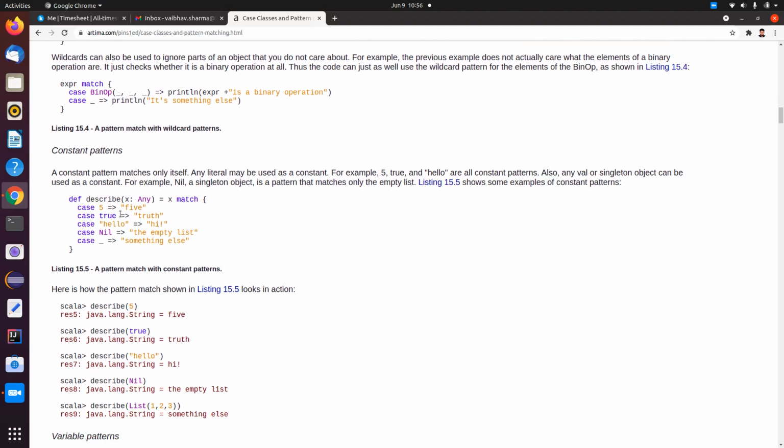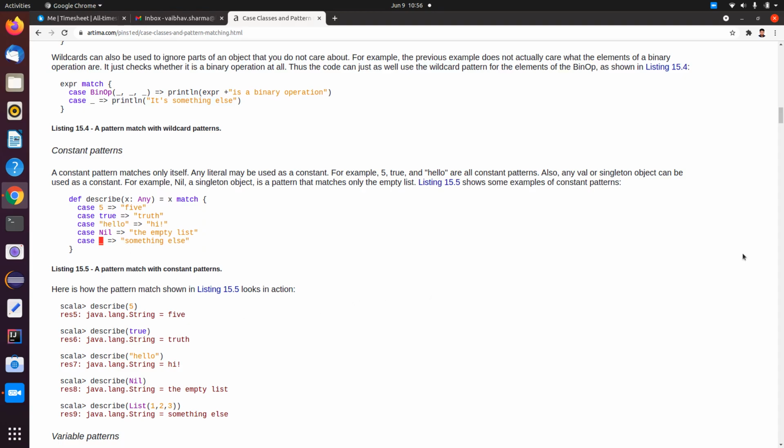Then we have constant patterns, and in a constant pattern the pattern only matches itself. You can see 5, true, hello, hi, nil, the empty list, something like this. One thing to notice is we are using an integer, a boolean value, a string, and a nil, which is an empty list, and using default there is something else.